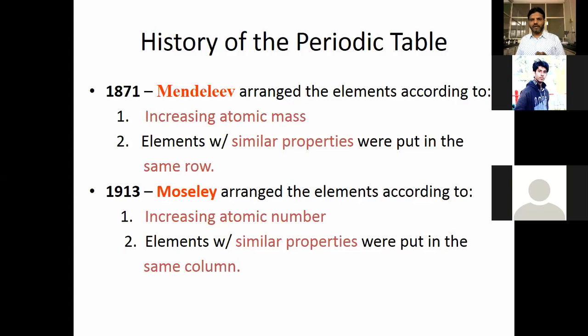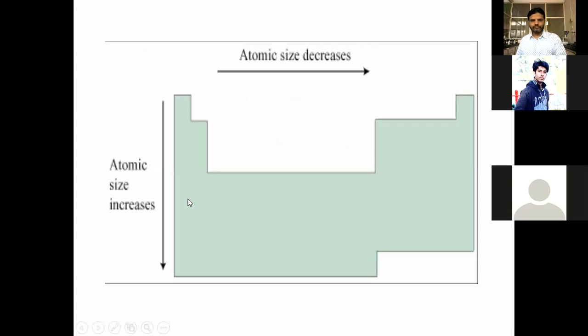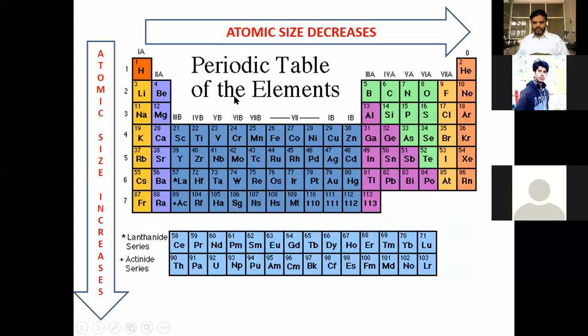All these elements are having the similar physical and chemical properties, so on that basis Moseley arranged the elements which are having the similar physical and chemical properties within one group, and other elements which are different by one unit are placed in another group. So one by one we will see. Next, what are the periodic properties? First we will see the